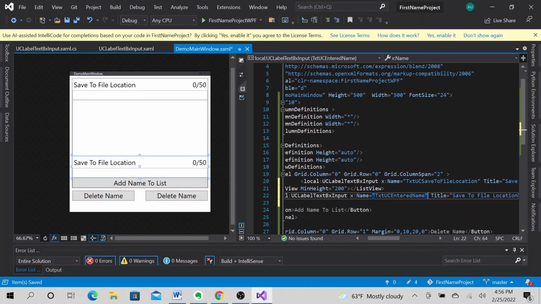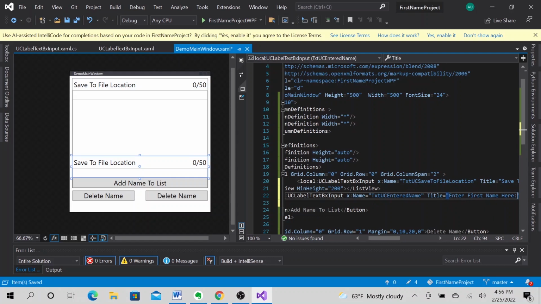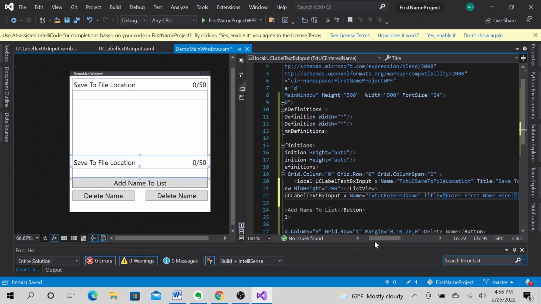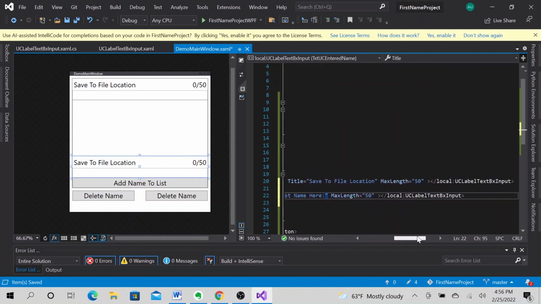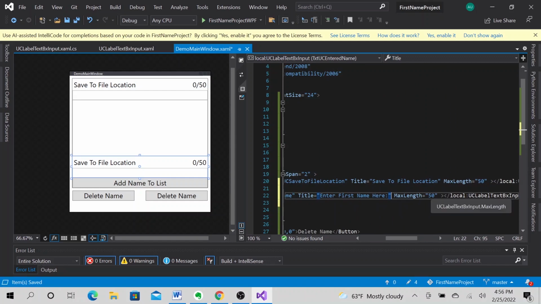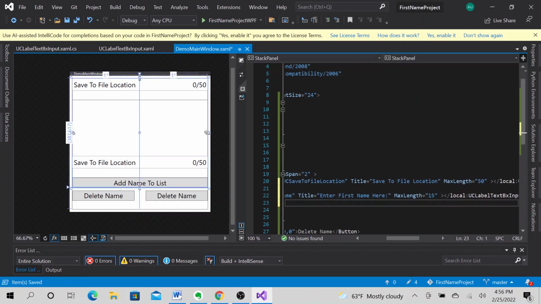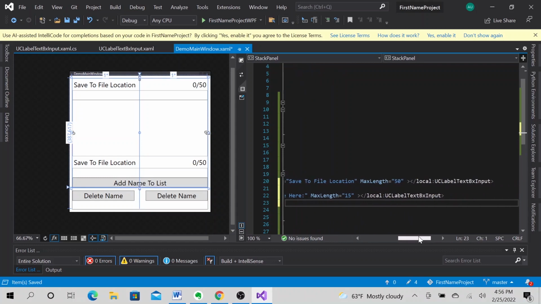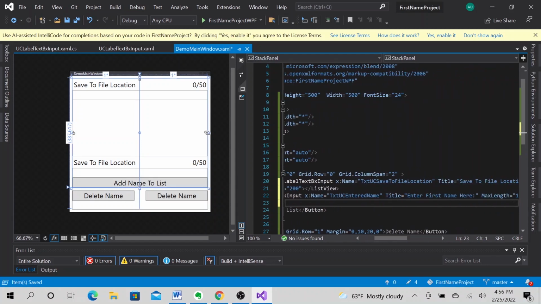Perfect. Then we can call the title should be enter first name here. All right. Then the max length, I will probably be at 20 here, or 15 actually. I'll do 15 here. All right. So now